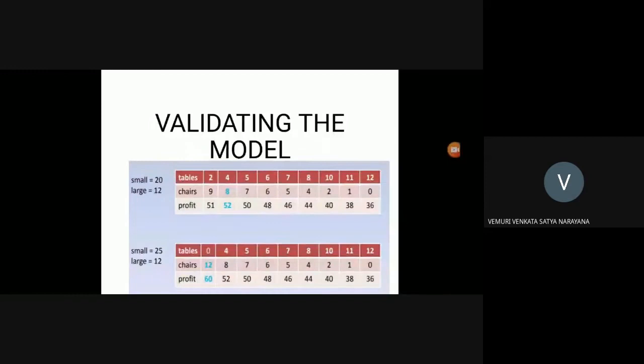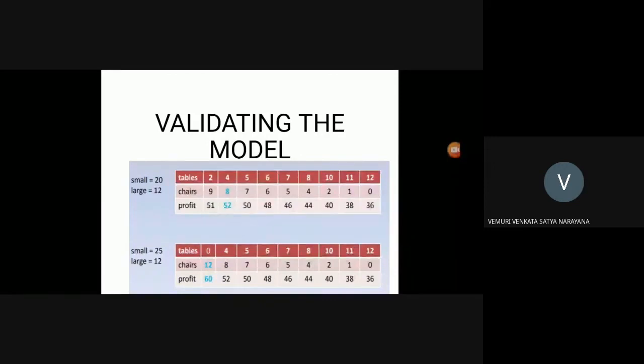So I have prepared 2 more tables, taking 20 smaller blocks and 12 larger blocks in one, and in another table I have taken 25 smaller blocks and 12 larger blocks. So this is how we can see here. In the first case, we can see he can earn a maximum of $52